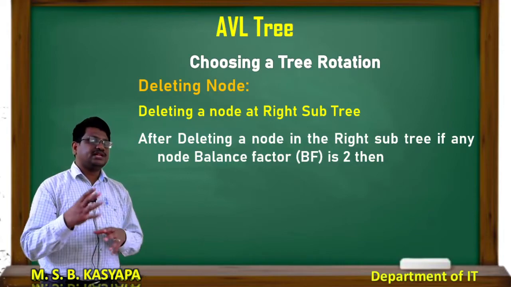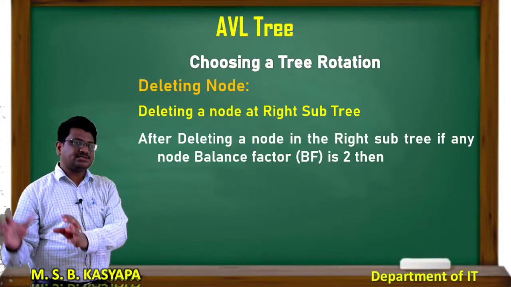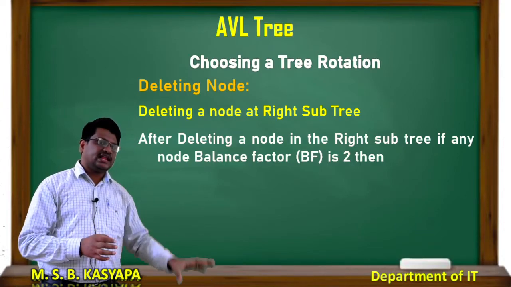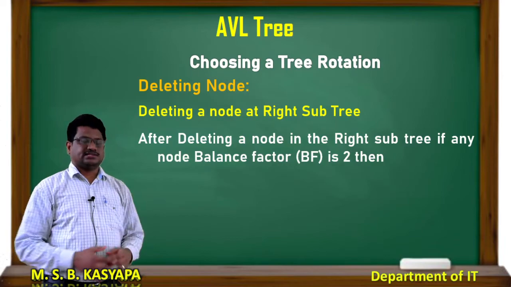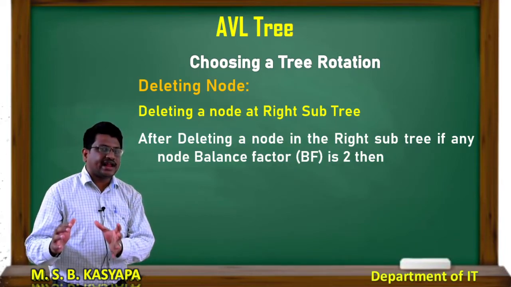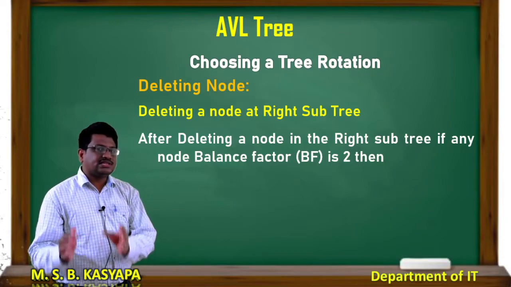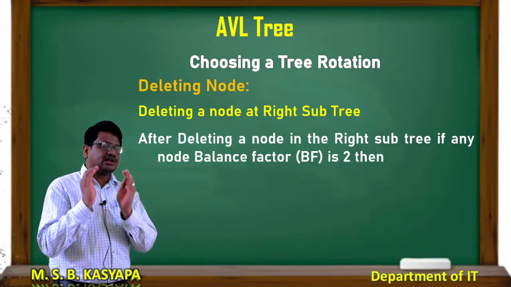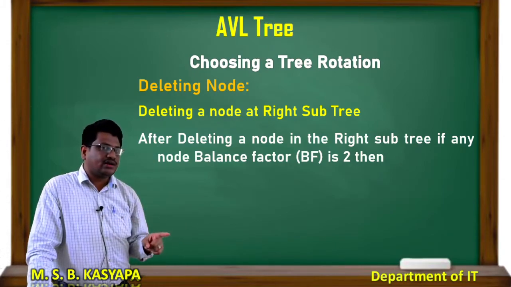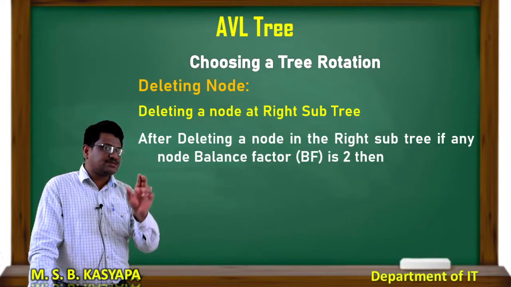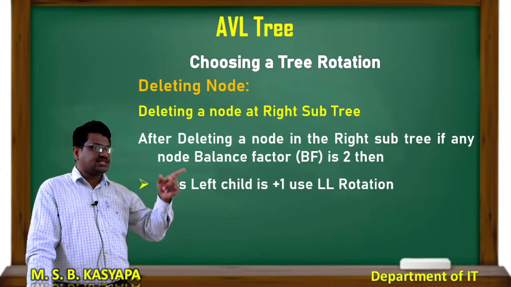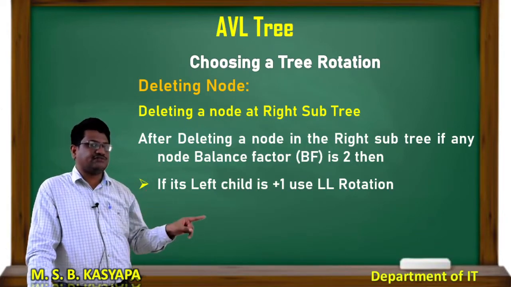Okay. So if I am deleting an element from the right subtree, that means it is decreasing and the left side is increasing. So that means I have to manage the left side. That's why, if I delete an element from the right side, the value of a particular node will become +2. Then what I have to do is check the left subchild. Am I right? In insertion also I have to do the same thing: plus means left child.